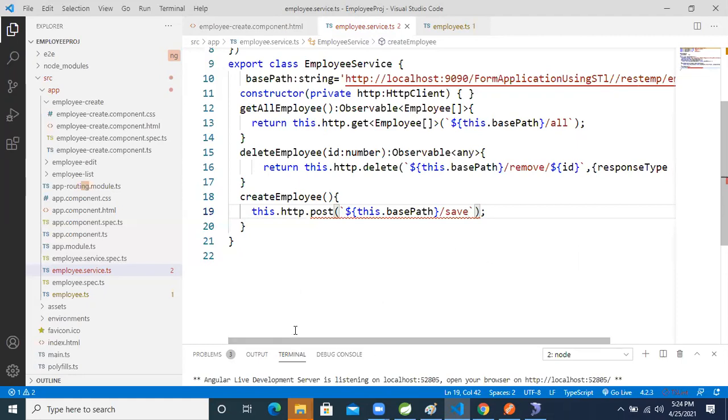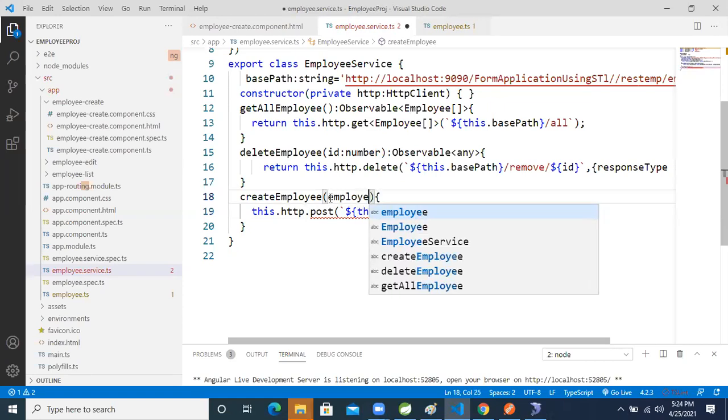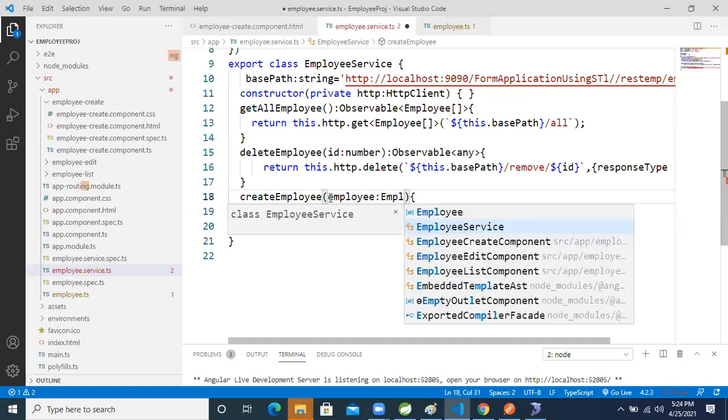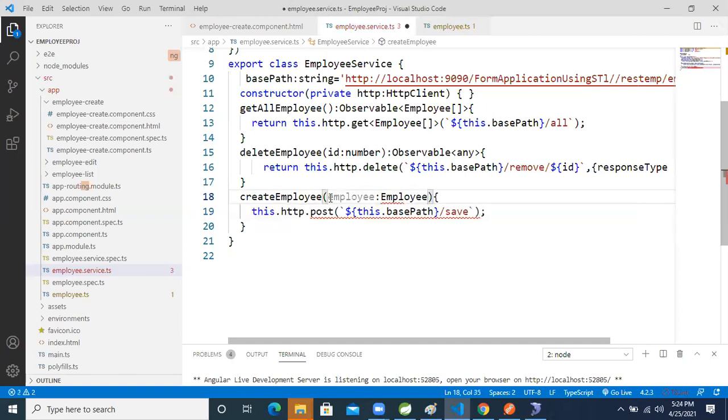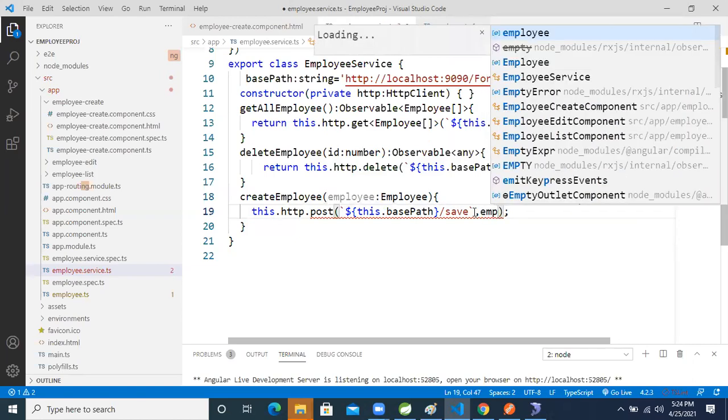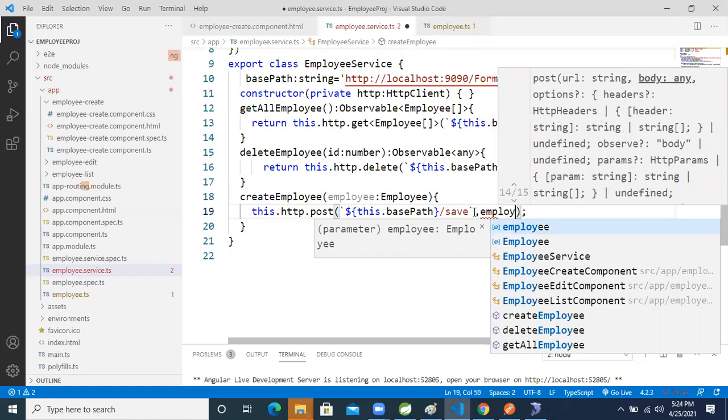So you will save the employee model data, then comma, employee.